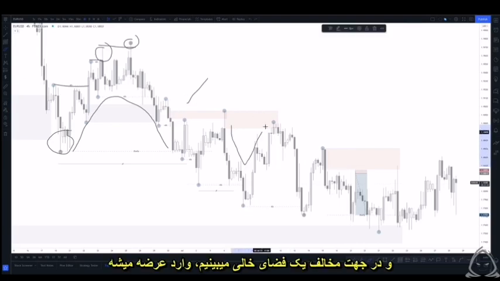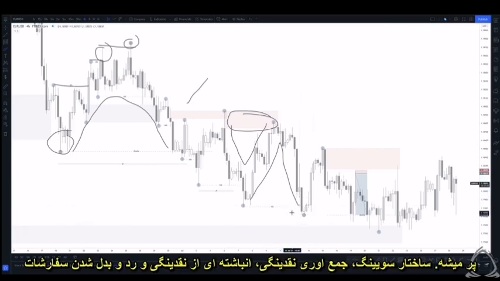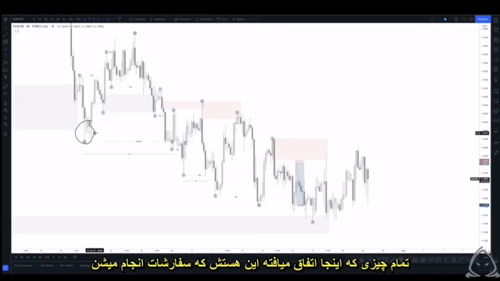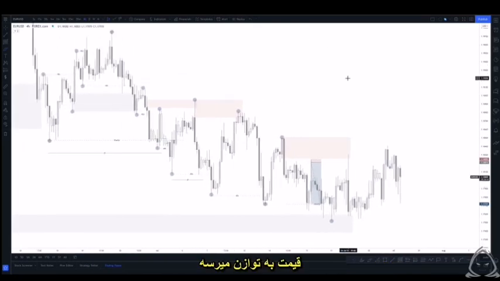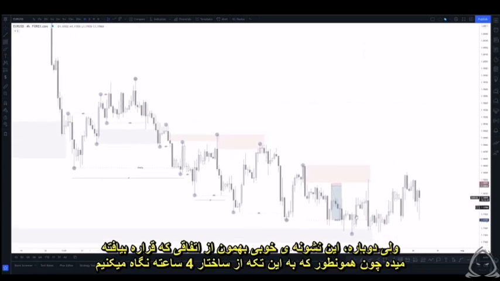And what we can see on the flip side: void, tap into a supply zone. We have a void this way. It gets filled. Swing structure, liquidity run, pockets of liquidity, orders being facilitated. Again, that's all that's happening here: orders are being matched, prices being rebalanced. But again, it gives us a good indication of what's likely to happen, because as we're looking at this bit